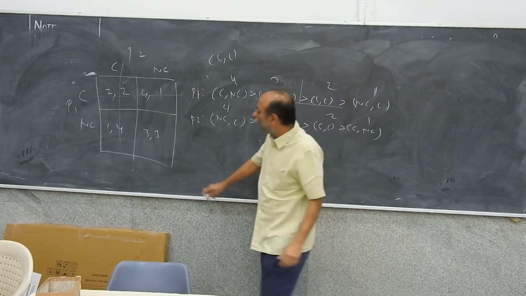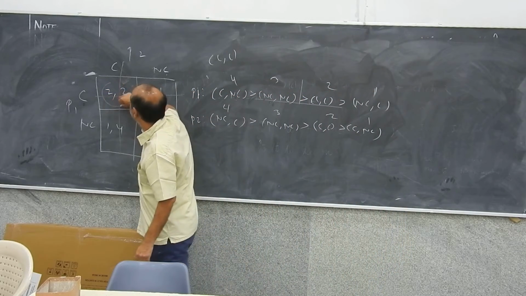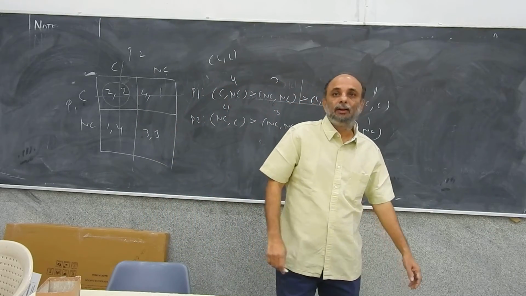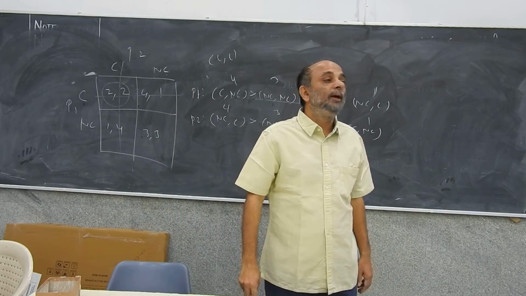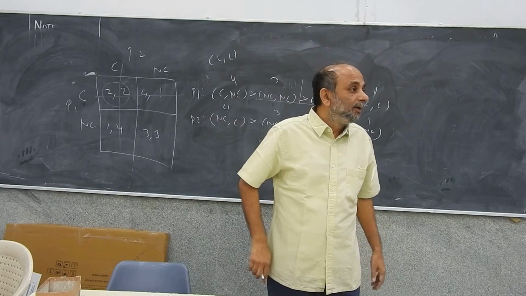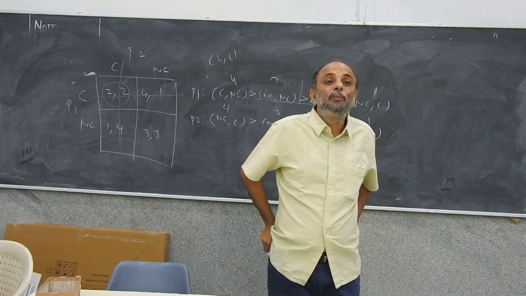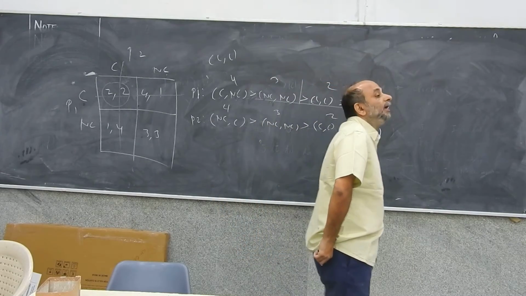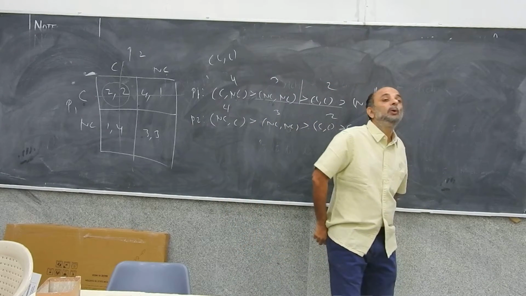Now you see this outcome CC is actually not Pareto efficient. Why? Because everybody can be made better off by choosing NC. So NC is actually a Pareto improvement. So here you have a situation where individuals who